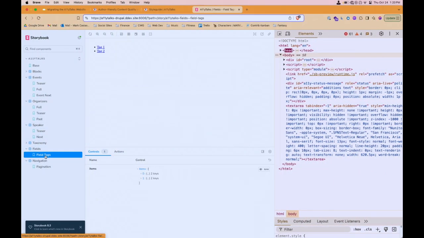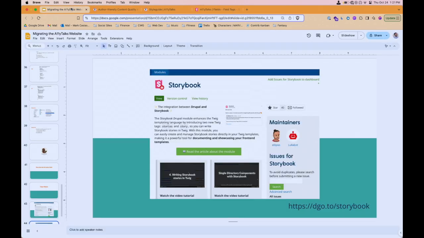But that's actually one of the main complaints about this version of Storybook, is the fact that it's not a standalone version of Storybook. If you notice the website here, it's actually on my DDEV site, or if I have it running on the live site, I need it running on the live site. Very cool. But it works.